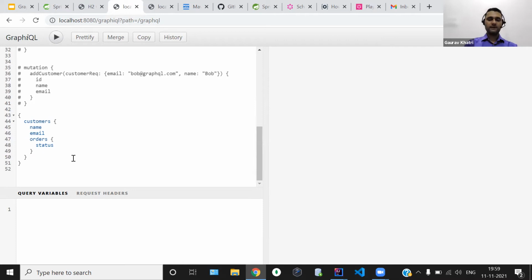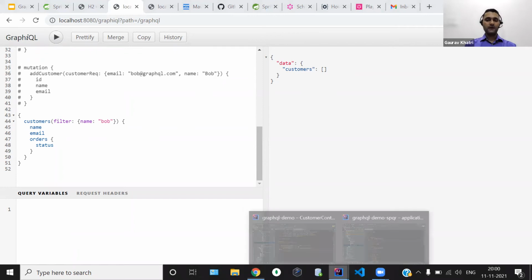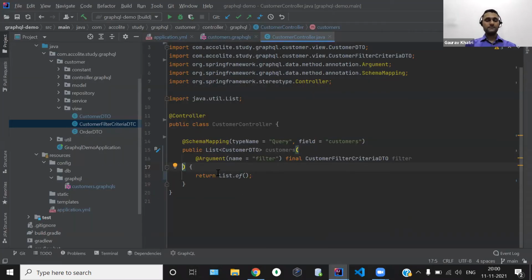Now to consume that, we will again type the round parenthesis over here, and in this we will type the filter, followed by the curly brace. In that we will again provide the projection details. This filter is expecting the name, so over here we will type Bob, and if we hit it again, we will get empty data, since we haven't written any resolver. We are not returning anything out of the resolver function, right? So now this is the right time to return the actual data for this resolver function.